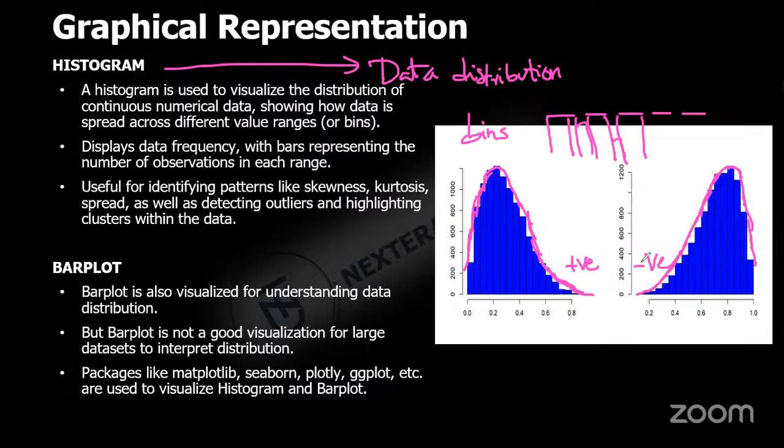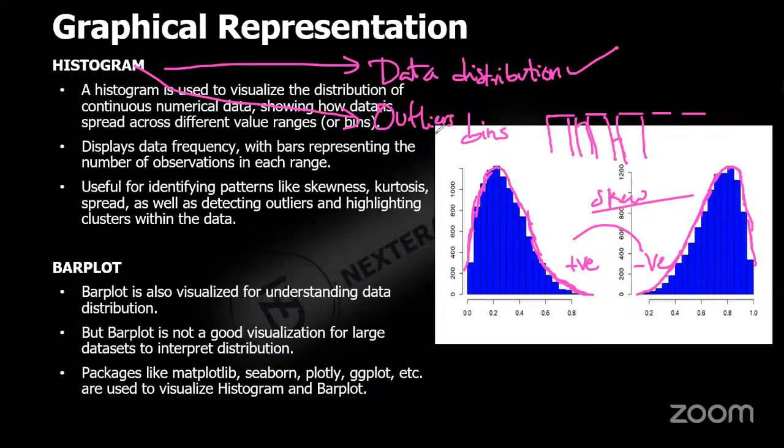So by visualizing a histogram, am I able to comment on skewness? Yes. What does it mean? There might be chances of outliers, the extreme values being on the left side. Here, there might be chances of outliers towards the right-hand side. So the histogram tells us two things. The primary purpose of a histogram is to understand the data distribution, and the secondary purpose of a histogram is to comment on outliers.